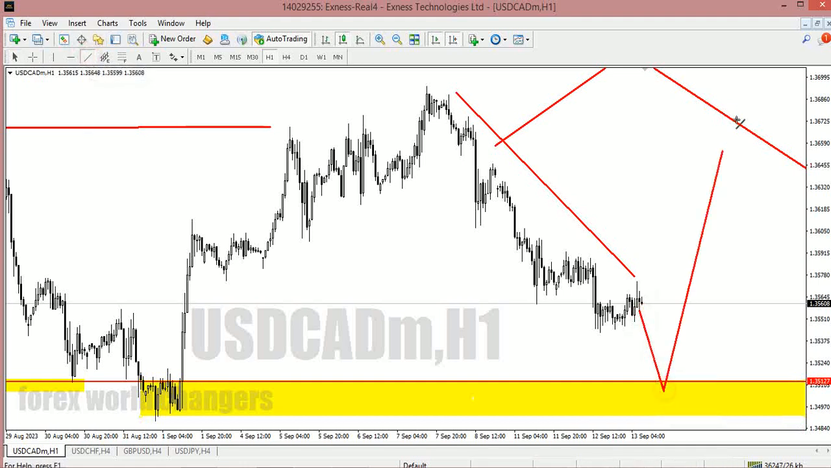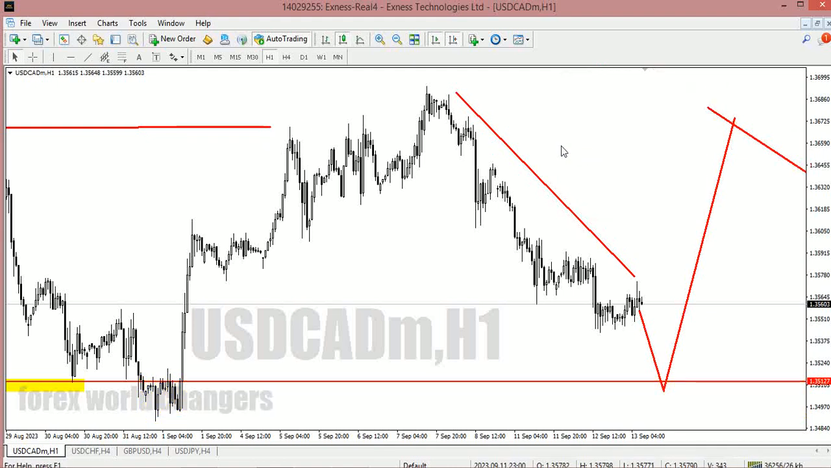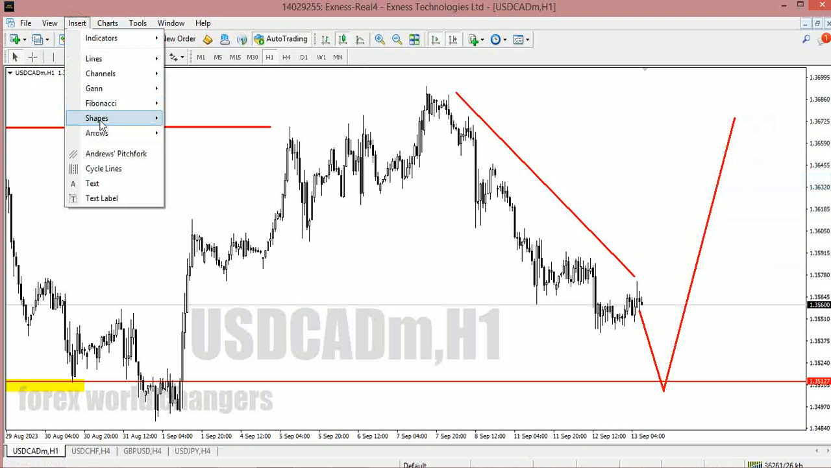Okay, let me just delete these lines so you can actually see properly. Let me delete them for you. I thought it was gonna delete this one. Okay, so let me just highlight it again. So at this zone,